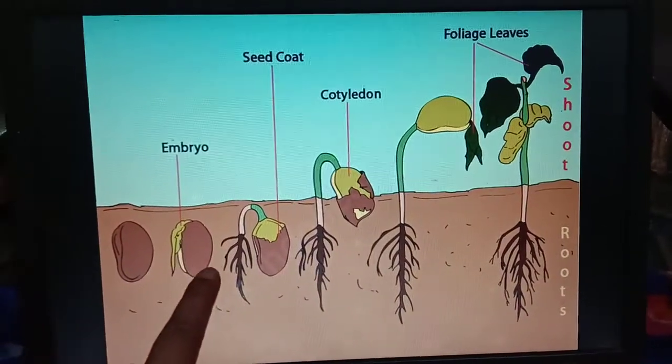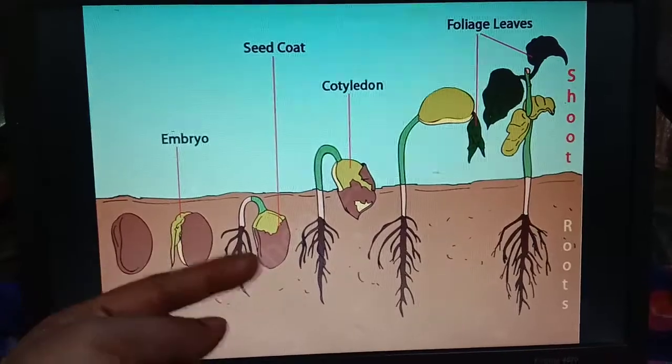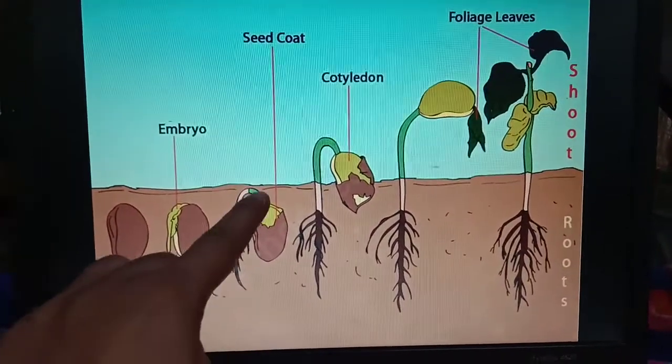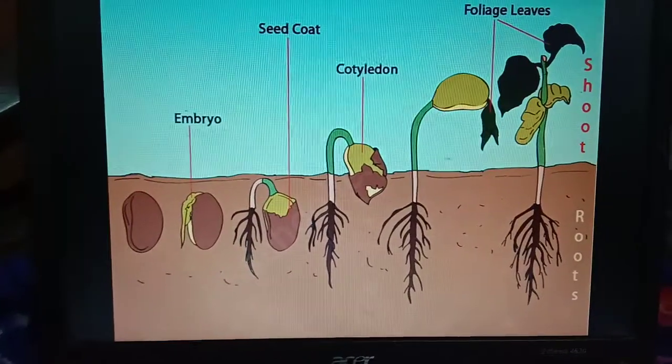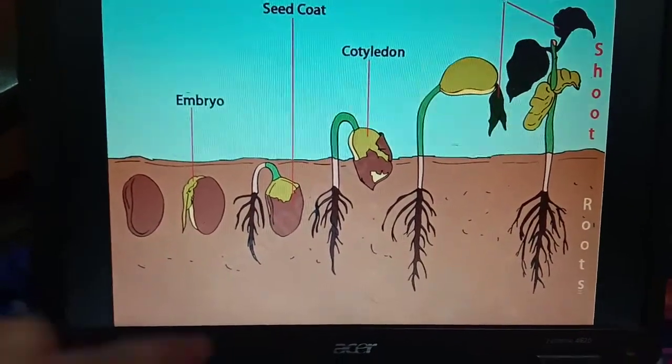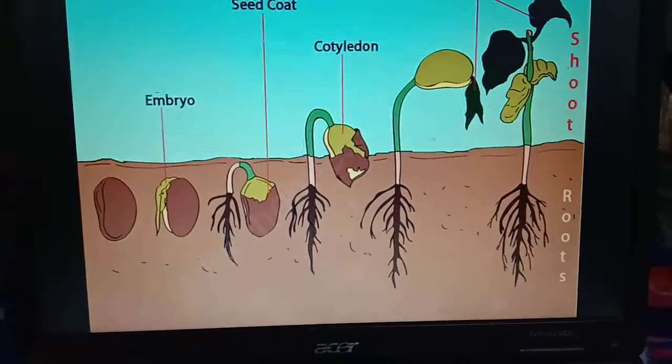The embryo comes out like this. Its seed coat bursts open. A small root grows downward, and a shoot grows above the soil.